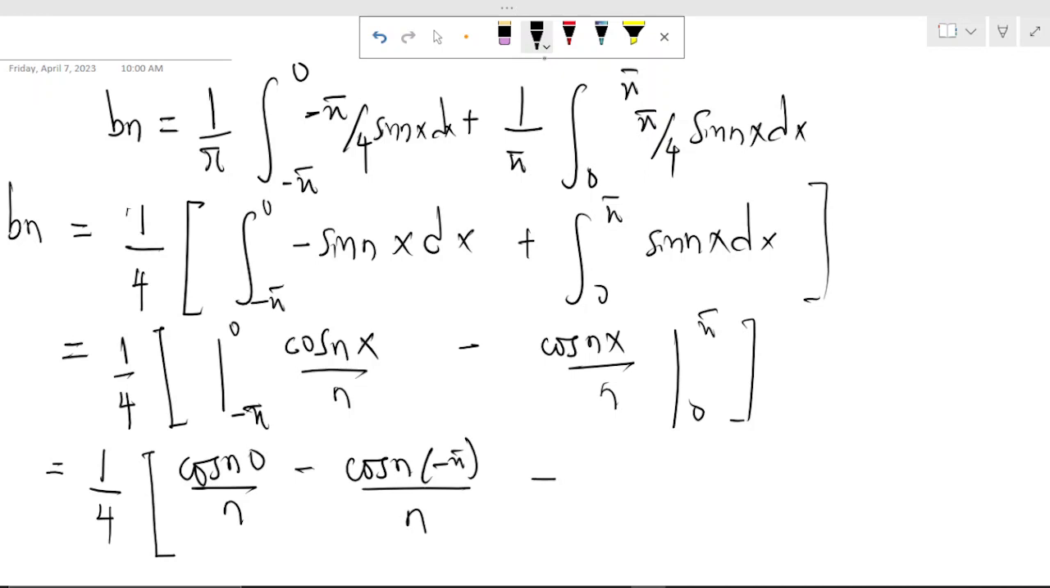And then let's come here. We have cos n pi over n. Now, because we're already having a minus here, by the time you expand it, you should have plus here. So you have cos n0 all over n. So let's check. Cos n0 is still cos 0, and that's 1. Cos n minus pi